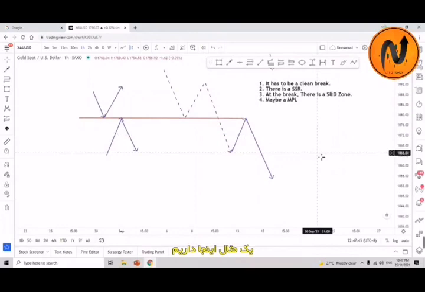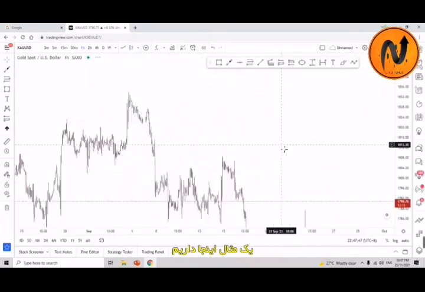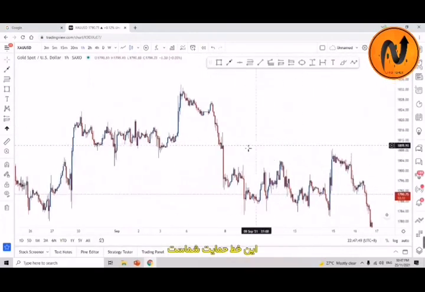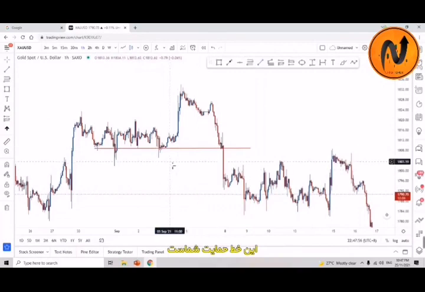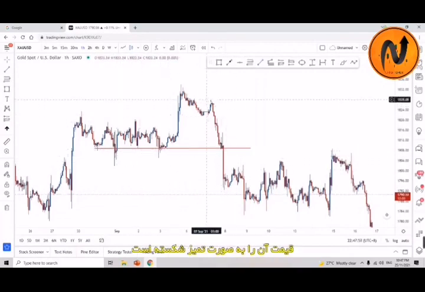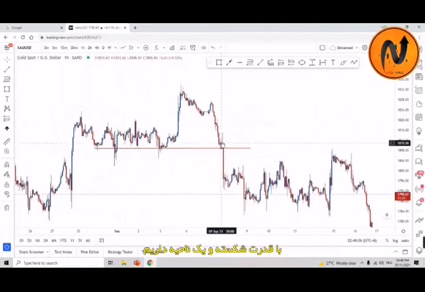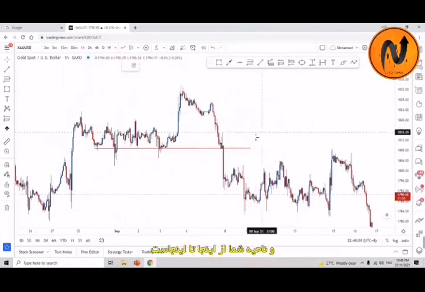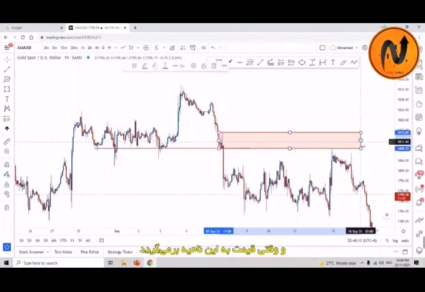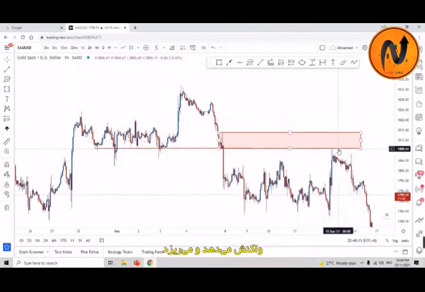So it's very easy to define, easy to understand. I'm going to show you an example. One example over here. You can see that the price, this is your line over here. So when the price breaks, it has a very clean break. It does not go like this kind of hesitation all the way. It breaks cleanly, and then you have some zone, and your defining of the zone is from here to here. This is your zone. And what happens is that when the price comes back exactly to this area, it reacts